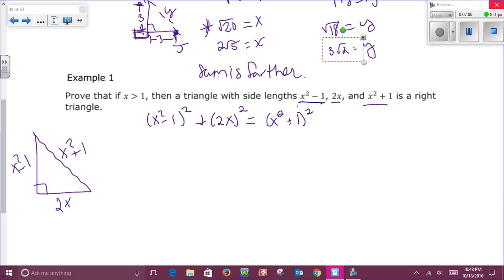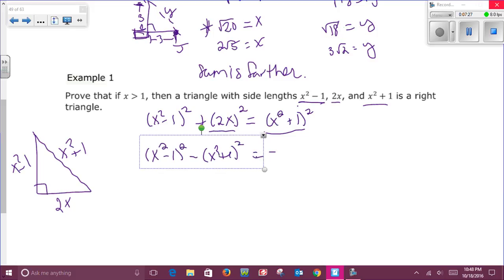What I want to do is move this 2x over to the other side, and this x squared plus 1, I want them pretty much to switch sides. So that means I have to subtract the 2x squared, and I have to subtract the x squared plus 1 squared. So I will have x squared minus 1, the quantity squared, minus x squared plus 1, the quantity squared,